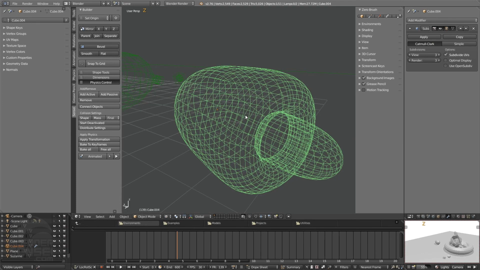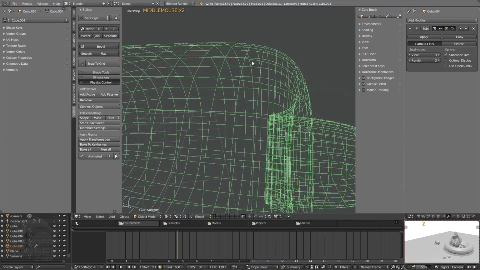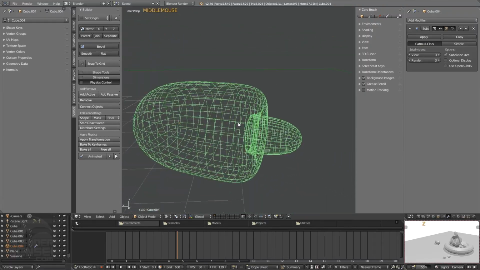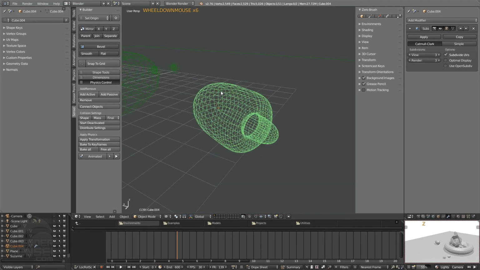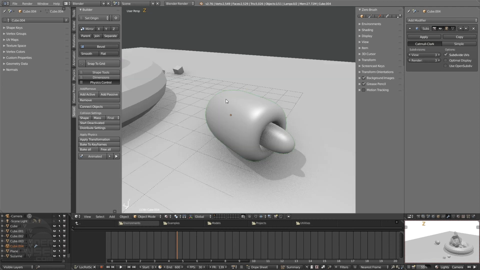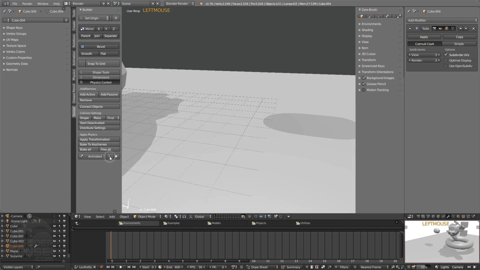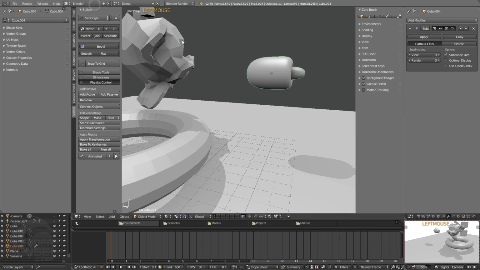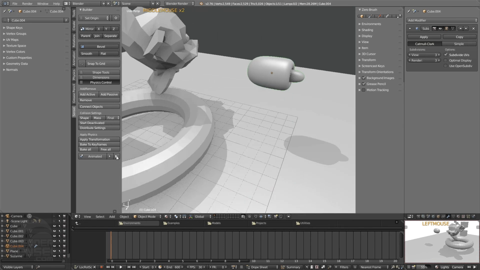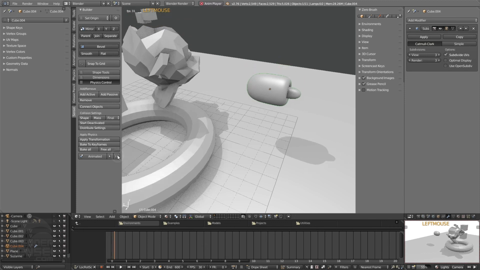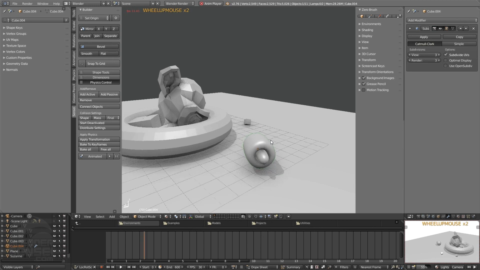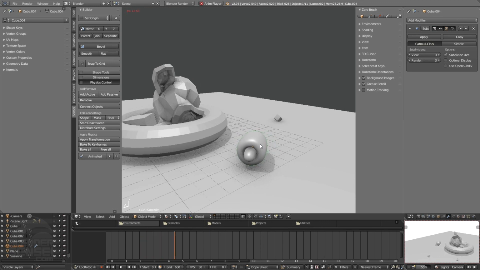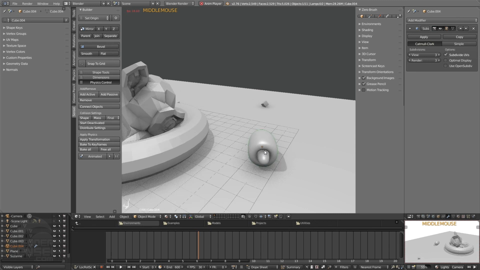So if we press Z to go into wireframe, every one of these faces are now going to be run in the physics simulation, which, as you can guess, is going to be a lot more expensive in terms of resources, but deliver us much better results. So if I press Z to go back into solid viewport shading, press back, and we could press origin to object, which will reset its center of gravity in addition to moving the origin point. Notice it's going to behave more how we would expect it to. But in any case, the collision checking is actually happening for every single face that exists, even with the added effects of the subdivision surface modifier. So just keep that